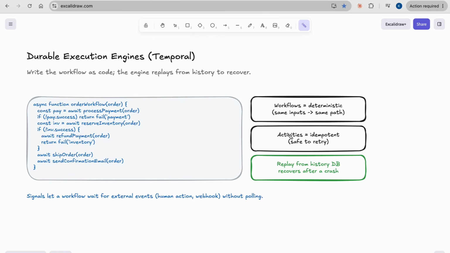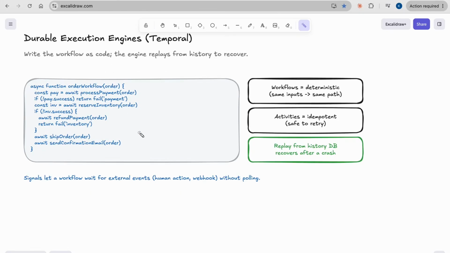Because the code is deterministic and no activities refire, we are assured there will be no side effects, and execution lands exactly where it left off.